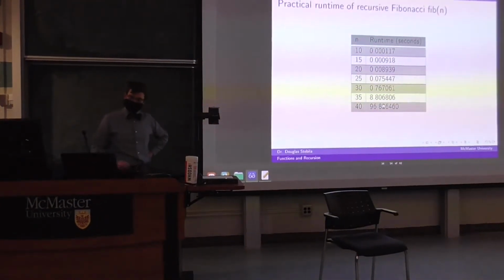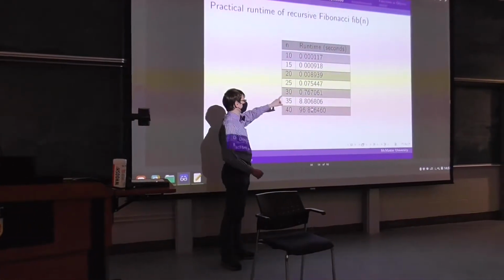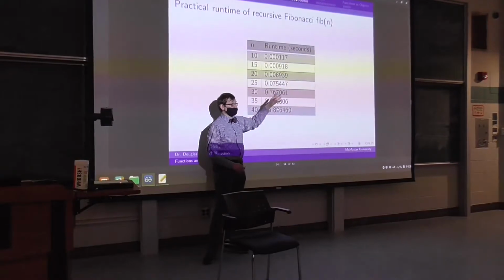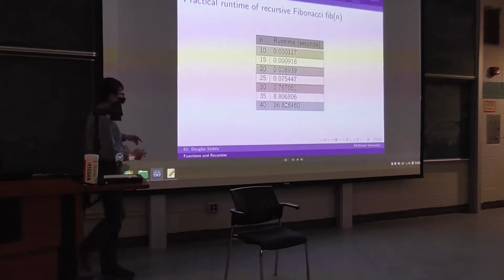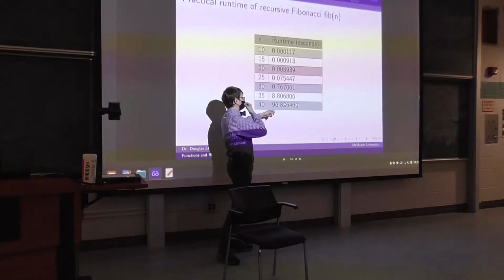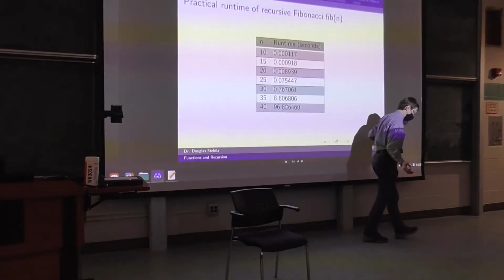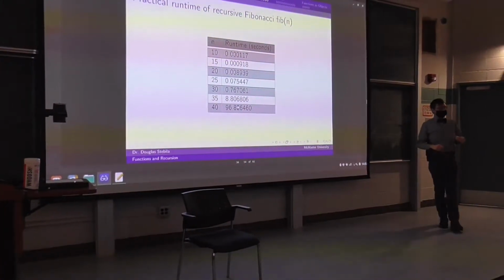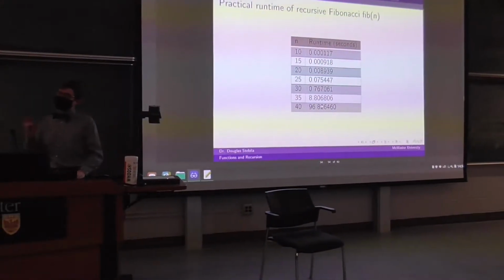So, practical runtimes of the recursive Fibonacci algorithm. Again, the actual runtimes aren't important here. What's important is the relationship between the value of n and the amount of time it takes to execute. You may notice that each 5 that we go up, within a certain tolerance, we are essentially multiplying the amount of time it takes to execute by a factor of 10. So we're not quite hitting an exact 2 to the n. This has to do, again, with the manner in which,